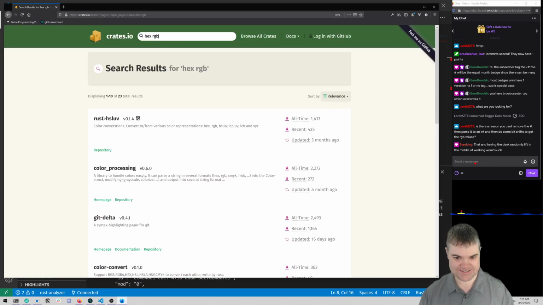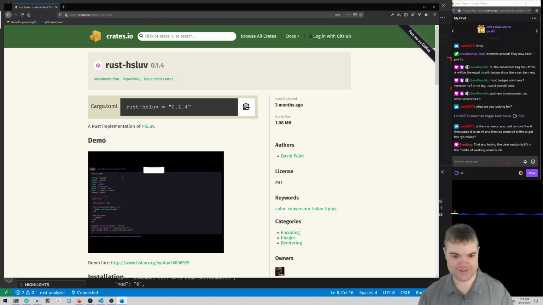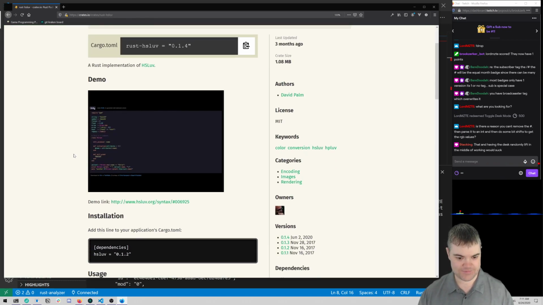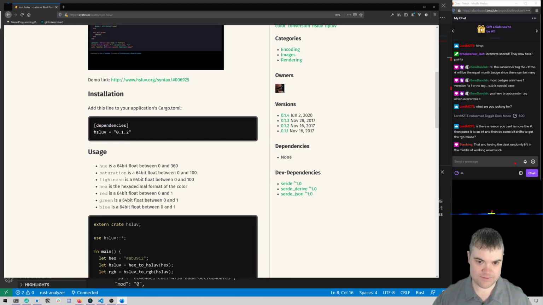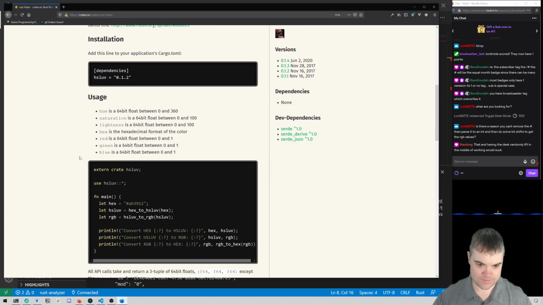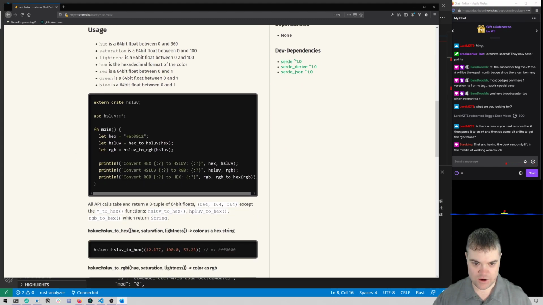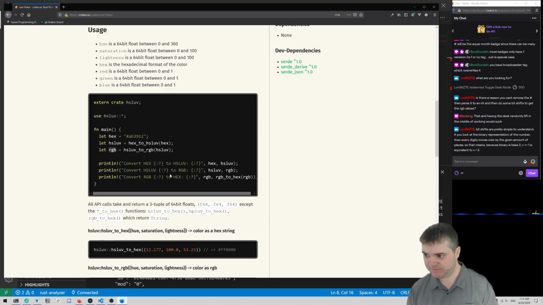Okay, let's take a look at you. Oh, it has full documentation. Well, okay. I see shuffle there, but okay, so here we have hex to RGB. So theoretically we could do hex to RGB.